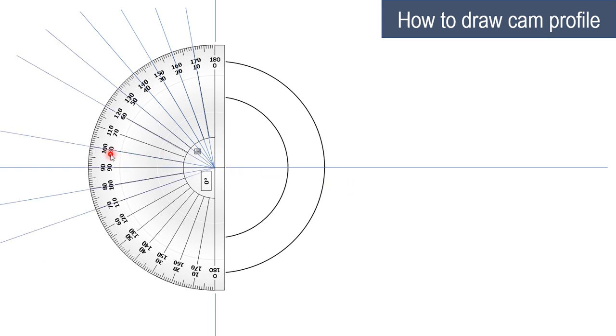you can see over here, and again we will divide the return stroke into 6 equal parts. So first part, correct, up to 60 degree, that is for the outstroke, then this 20 degree dwell period, and then again for the return stroke we have divided into 6 equal parts. So 80 plus 60, that is 140 degree. And now the most important part,